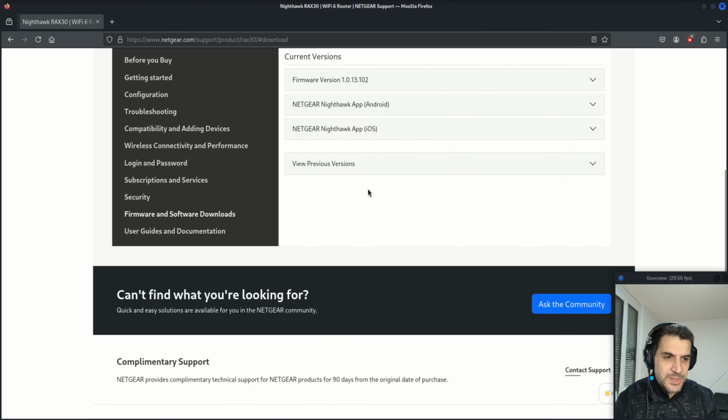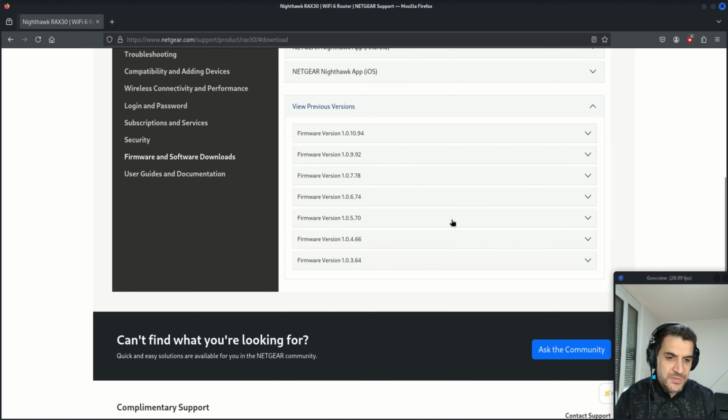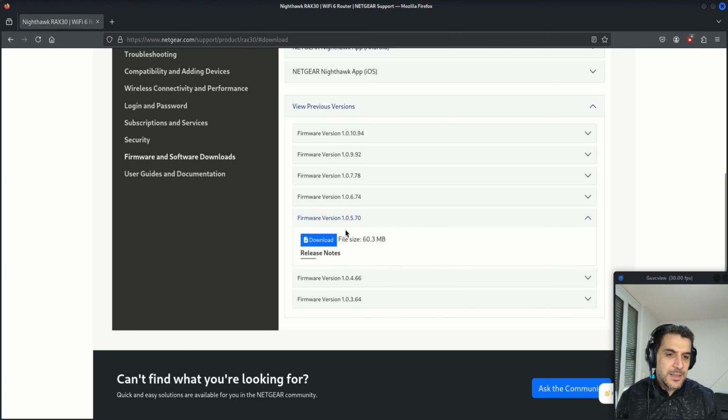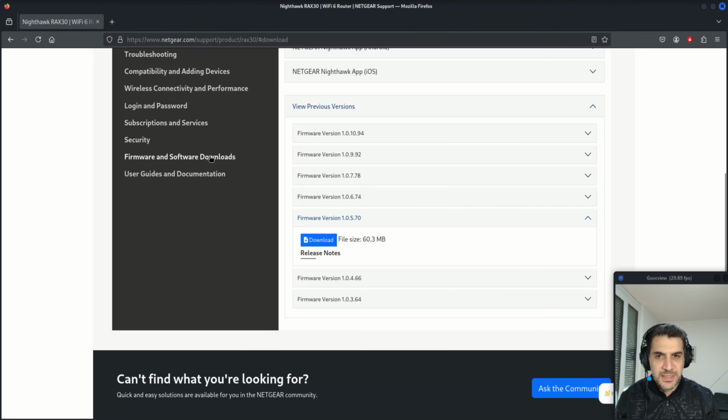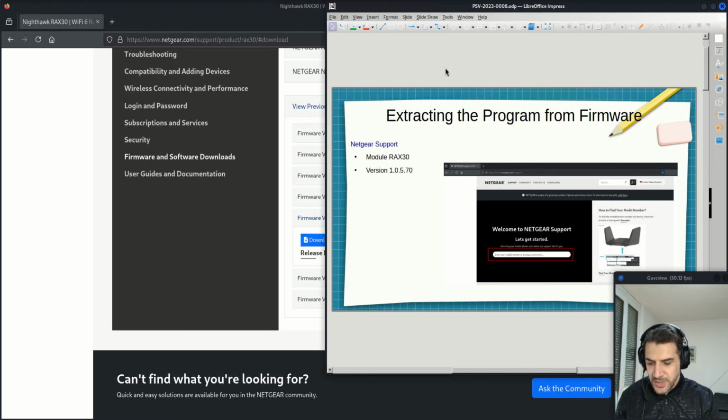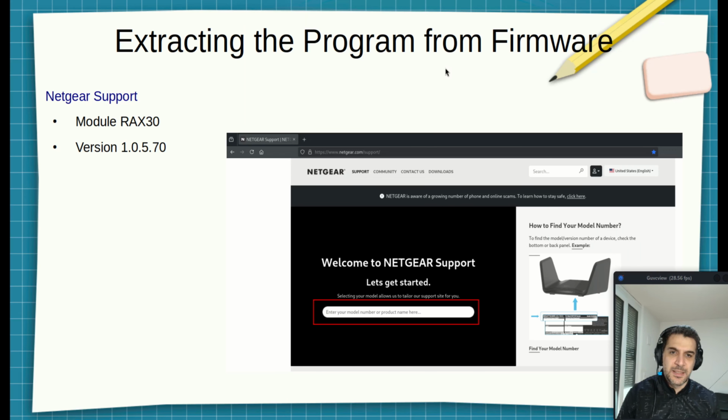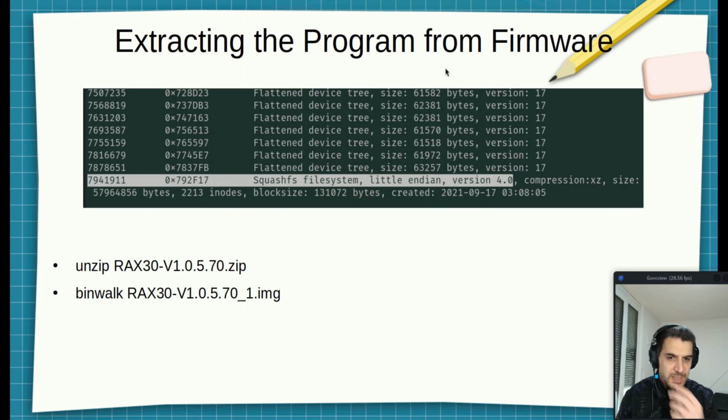Once I click on it, I see here previous versions. We are interested in version 1.0570. Clicking on the download button allows us to obtain the firmware. In my case, I already have it on my machine. So once we obtain the firmware, as we can see here, we need to unzip it and analyze it using